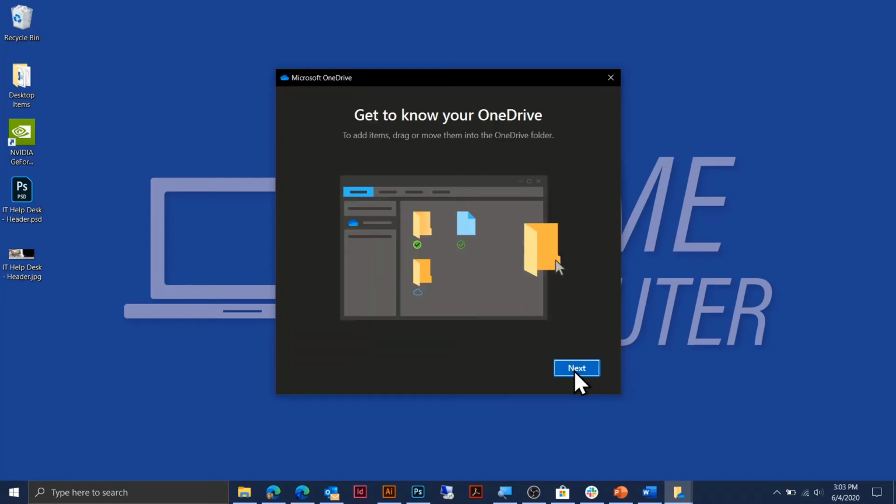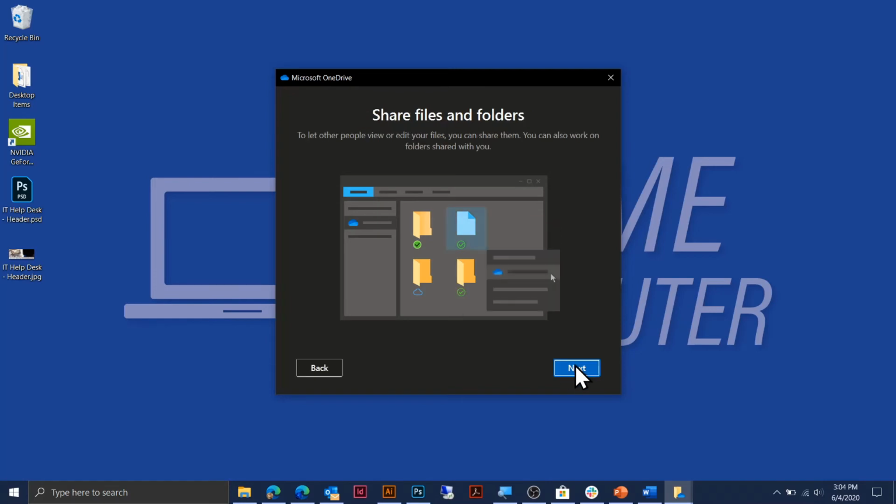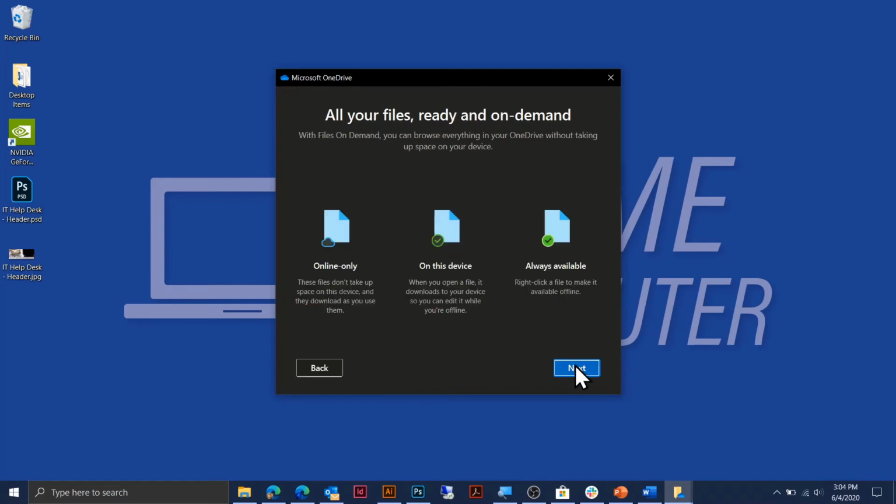And it'll actually bring us on a little interactive tour, and it shows things like the different file states for the files in your OneDrive. Click Next and run through those. I'm basically going to skip through these for now, but the one thing I want to point out is